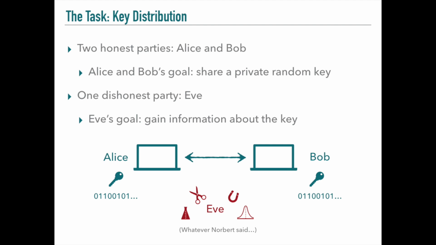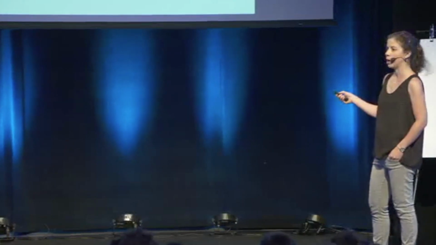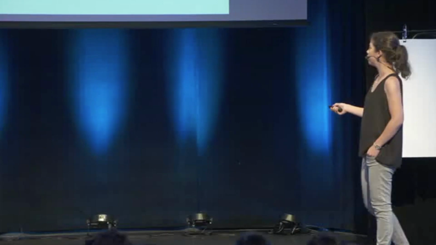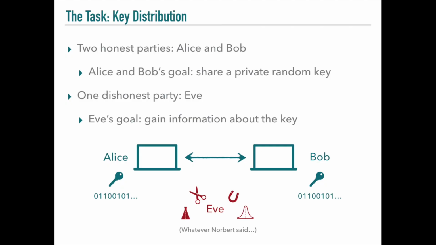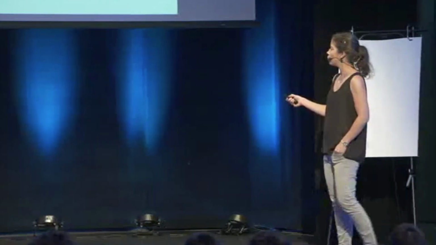So what is QKD? We have two honest parties, Alice and Bob. They have their physical devices, and they would like to produce a shared private random key. So these will be these bit strings here. They want to have identical keys, and they want these to be private, meaning that no one else knows